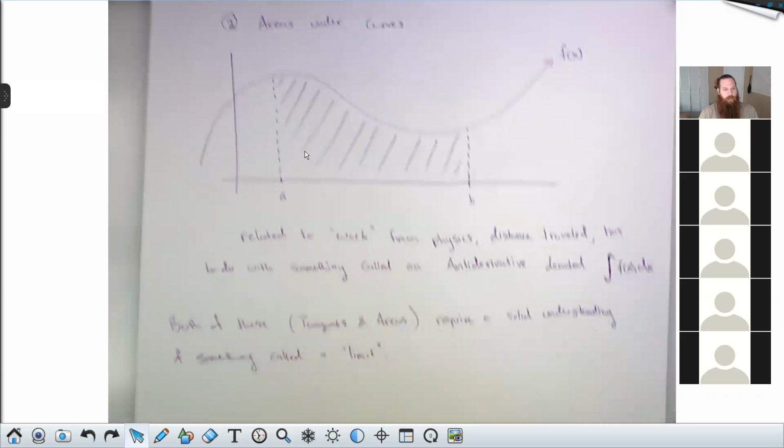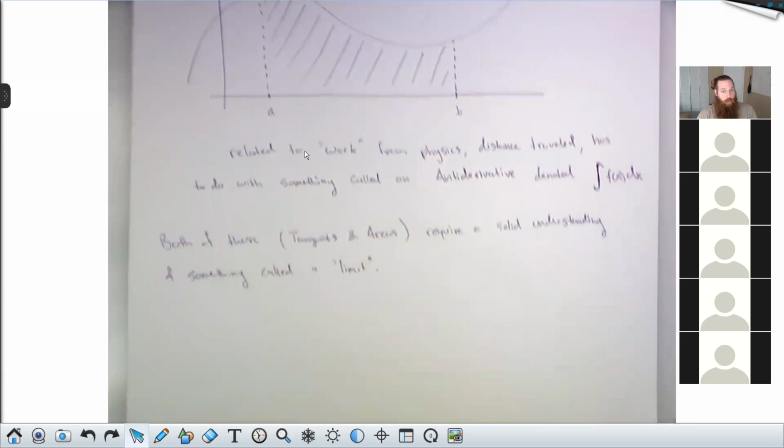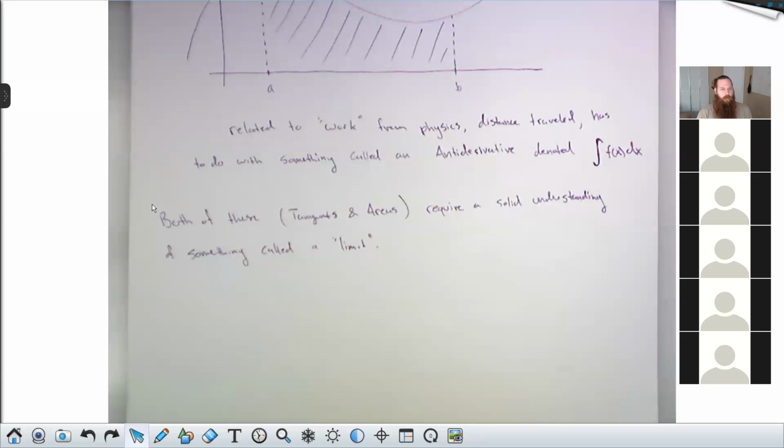So that's where we're actually going to begin our real work in this class, by figuring out limits.